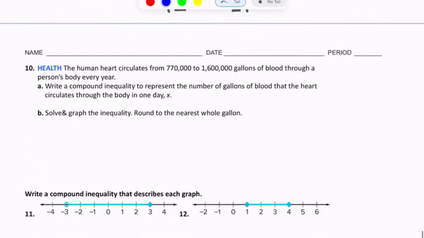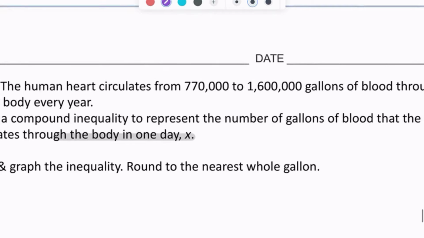Looking at number 10, the human heart circulates from 770,000 to 1,600,000 gallons of blood through a person's body every year. Write a compound inequality that represents the number of gallons that the heart circulates in one day, x. Okay, so if I'm talking about the amount that's in one day, okay, I know that this is